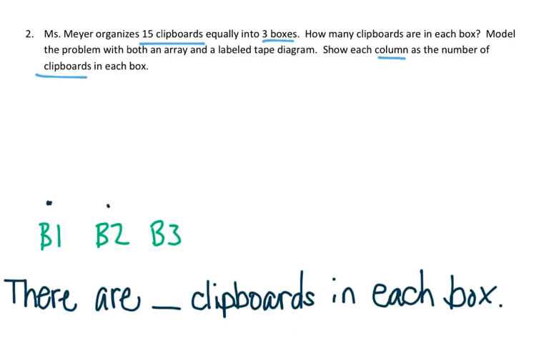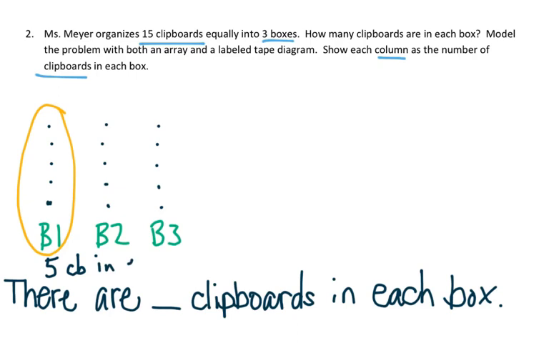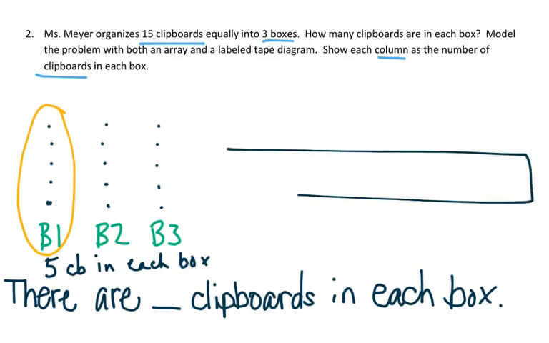I have 1, 2, 3, 4, 5, 6, 7, 8, 9, 10, 11, 12, 13, 14, 15. I have the same number in each box, and if I'm looking at just one box, I see that there are 5. So I can write 5 and write CB in each box. Okay. Now let's do a tape diagram of that, and here's a tape, and I know that